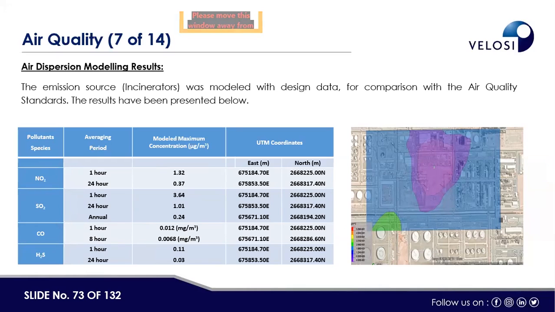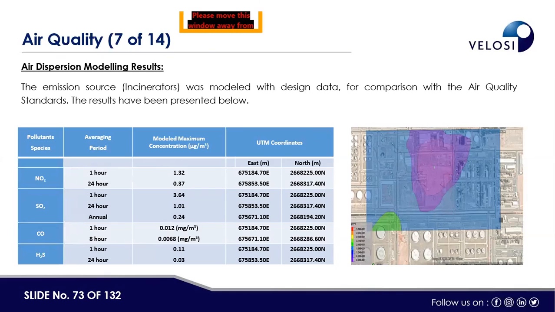In the same way, for carbon monoxide for 1 hour 0.012 milligram per meter cube, and for 8 hours 0.0068 milligram per meter cube, and hydrogen sulfide for 1 hour 0.11 microgram per meter cube, and for 24 hour 0.03